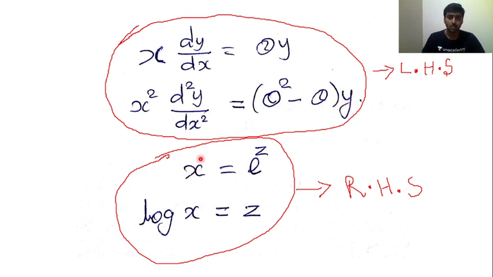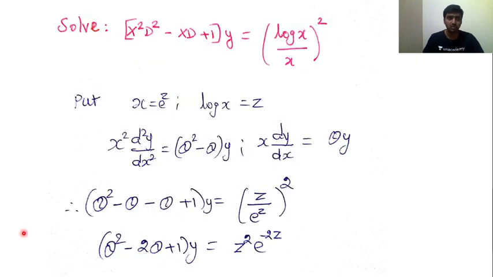Now RHS side, instead of x, we are substituting e power z. Instead of log x, we are substituting z. So these are the substitutions. As per the substitutions, we are going to discuss the problems. So coming to the first problem,